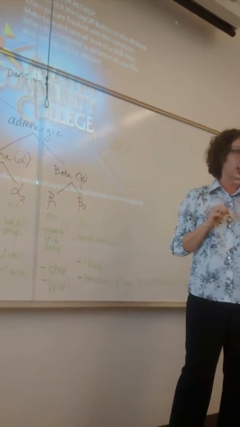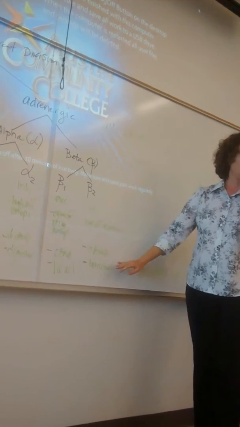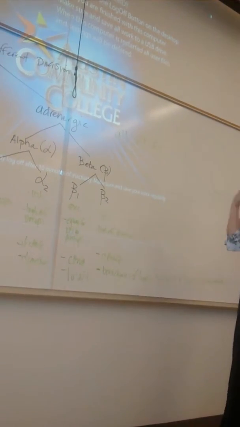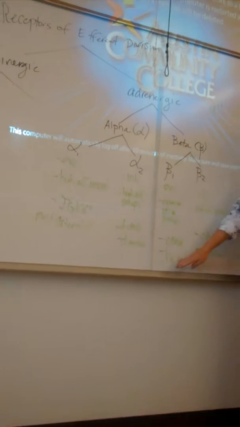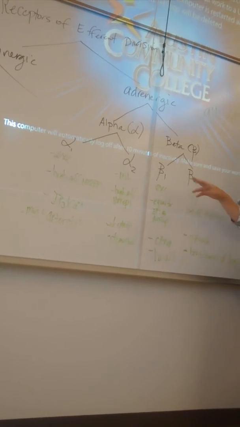So what was the differentiation you were making between the heart for beta 1 and beta 2? Okay, so beta 1, we talked about beta 1, where is it located? We talked about it being in the heart. So beta 1 is going to be